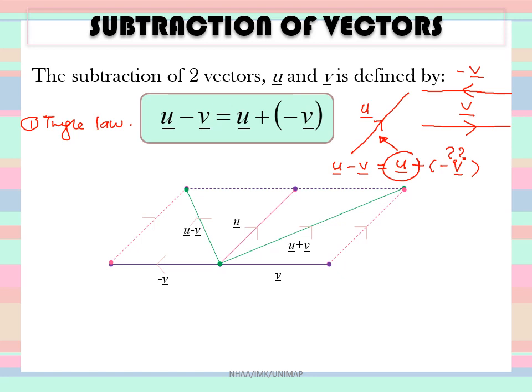Right, now we will connect vector u with the negative vector v. So draw vector u. This is u. Okay, this is the initial, and this is the